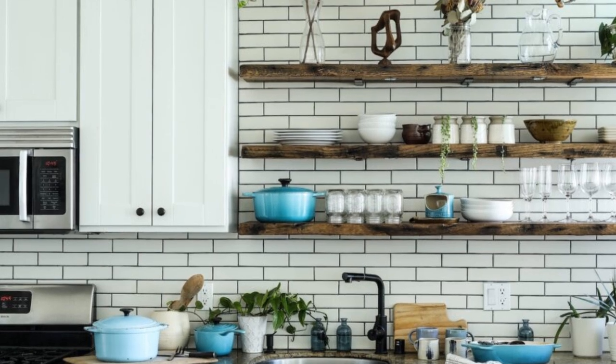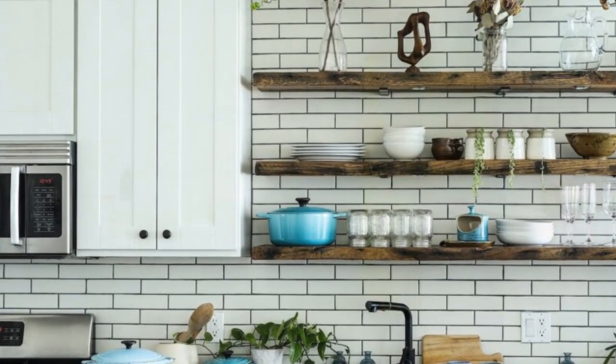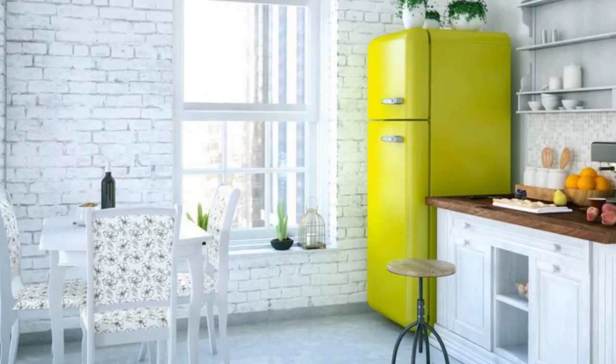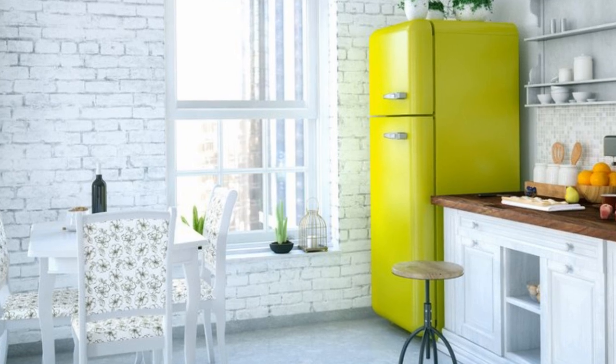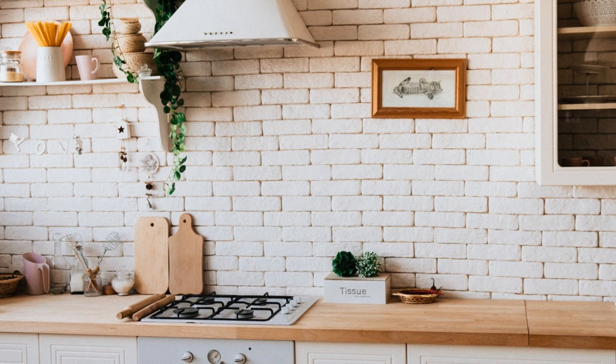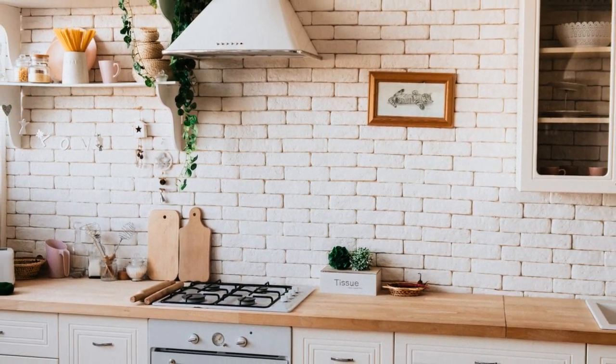5. Retro lighting fixtures. Vintage lighting fixtures, such as pendant lights or schoolhouse-style lights, can anchor the retro theme in your kitchen. Look for fixtures made from brass, copper, or aged steel for an authentic feel. These classic lights, often paired with Edison bulbs, bring a warm, soft glow to the kitchen, adding to the cozy